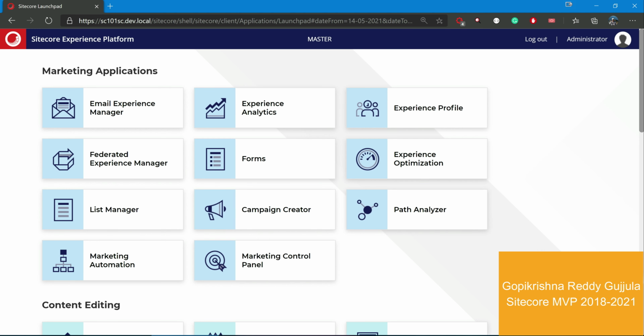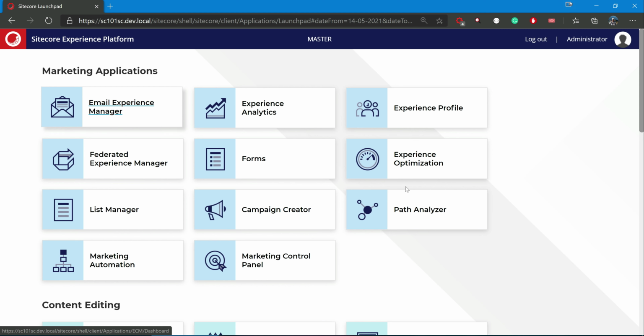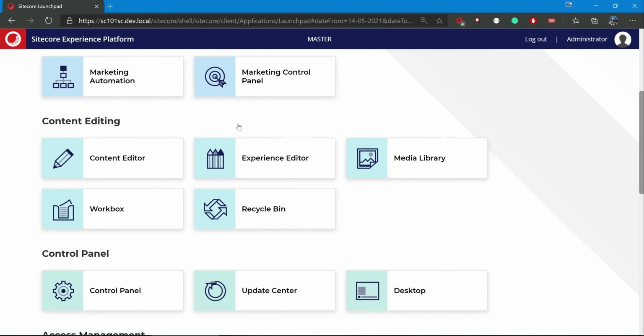In the previous video in this series we discussed versioning in Sitecore, and specifically numbered versions. In this video let's talk about the language related part of versioning. So for that, first we need to add a new language, and here we are on Sitecore 10.1 on the launchpad. So let me go to the control panel.